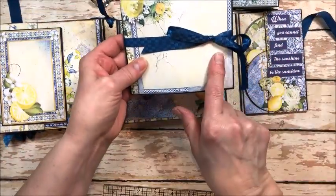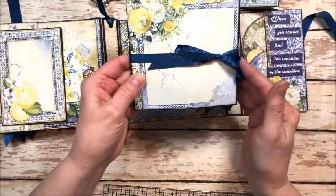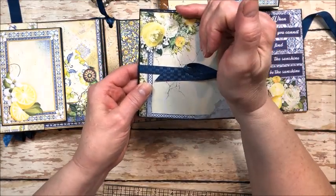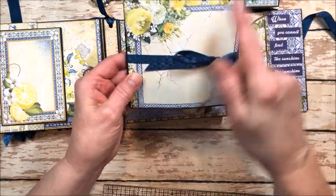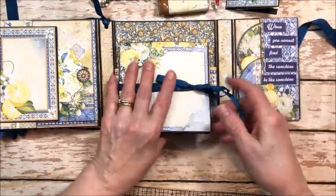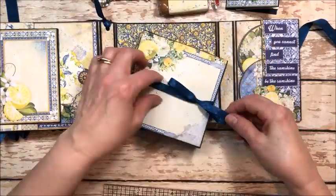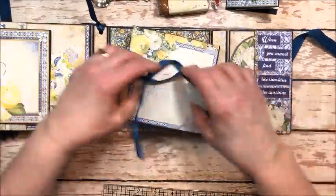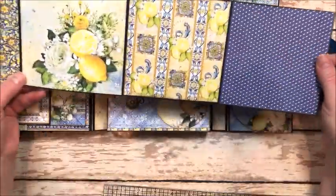And then this is a little accordion fold folio. This is 5 by 5. And I just made this by joining 5-inch by 11-inch panels of navy cardstock together with score tape. Then I wrapped ribbon around the back, covered it with my designer paper, and then this is a beautiful little accordion fold folio that will hold a ton of journaling and pictures. So there's 5 panels on each side,